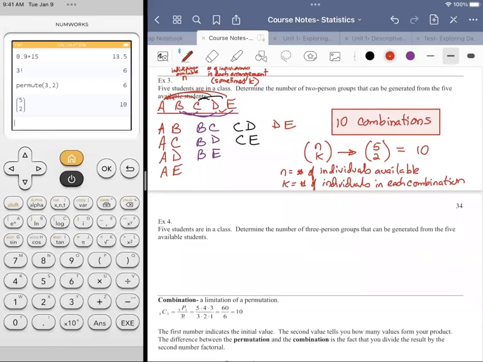All right, but the next example is really just kind of an extension of this. It's actually pretty easy, except you wouldn't necessarily think that that's the case, because it seems like it's getting harder. 5 students that are in a class, determine the number of 3-person groups that can be generated from the 5 available students. All right, so I could list out the sample space here, but what I'm actually going to do is take the one that we just did,